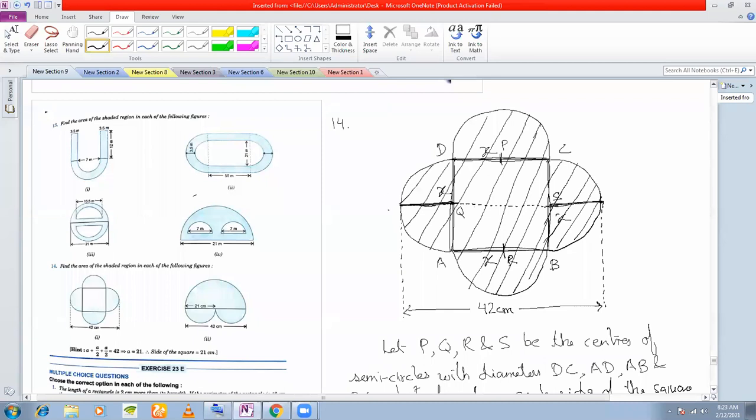Now, first tell me, if I take this point as say M, and if I take this point as N, then can I say QM is the radius of the semicircle? Can I say? Yes, anyone? Yes, sir. Who cannot say that this is the radius of this semicircle? Tell me, no problem. If I take a semicircle, let me just explain this.